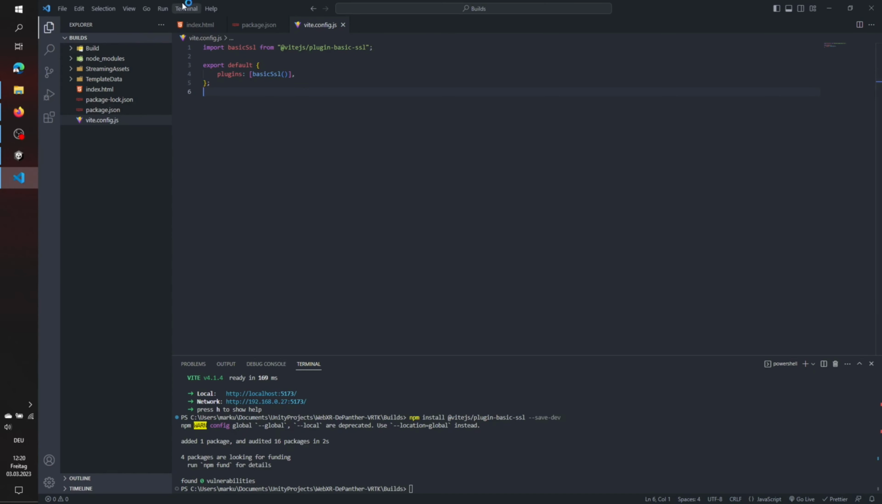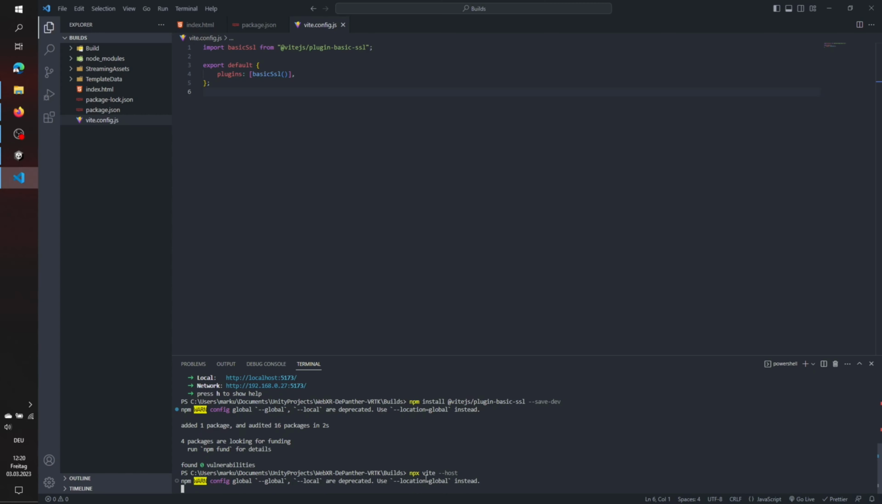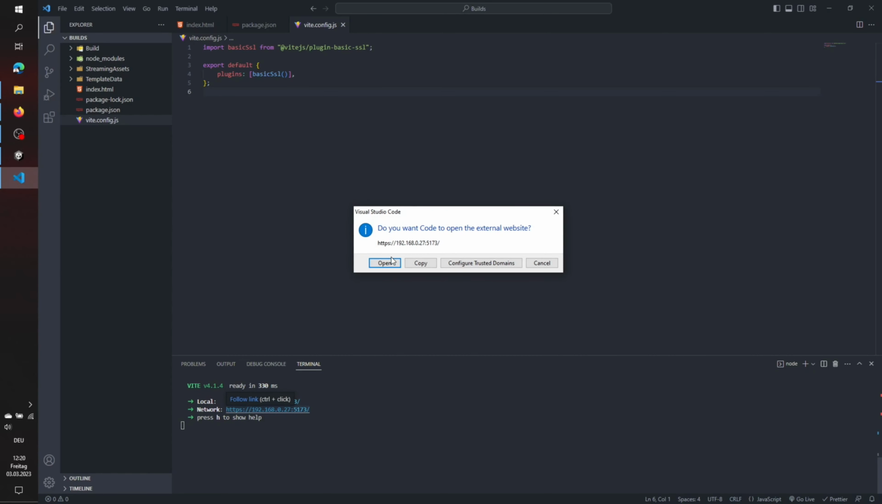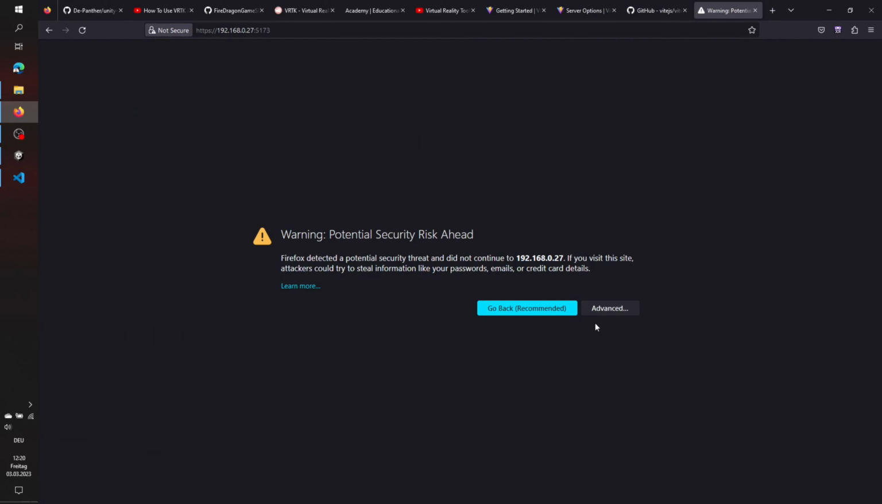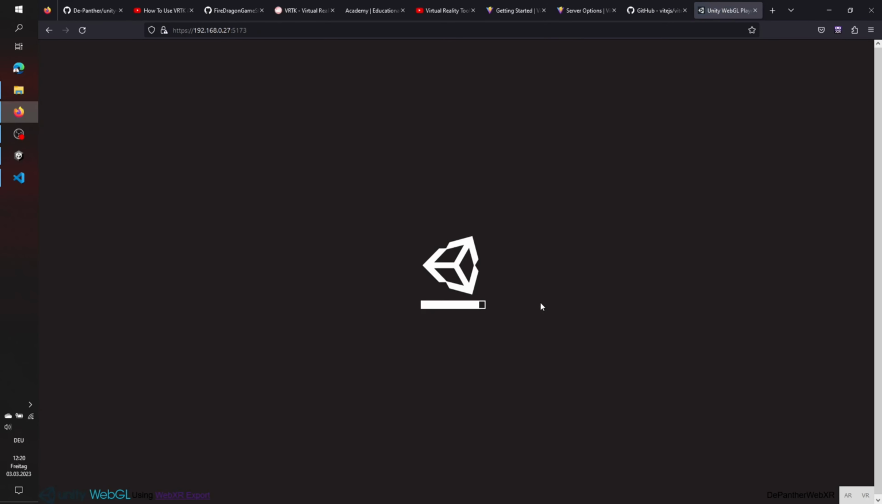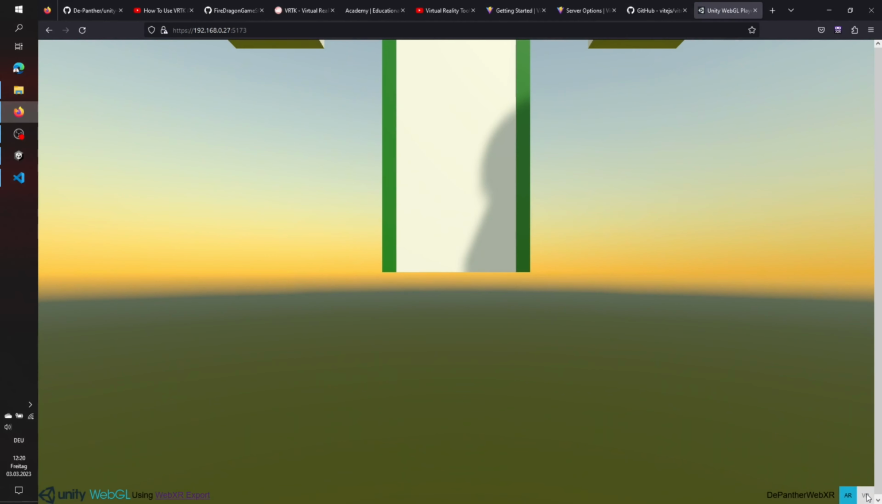and go back to the terminal and run npx vite-host. And as you see now, everything looks the same, except we have an HTTPS connection now. And this HTTPS connection can now be opened by our browser. We have to accept the risk and continue because it's just a development certificate. And here we go. It's running in the browser in our local network, and we can open it within our VR